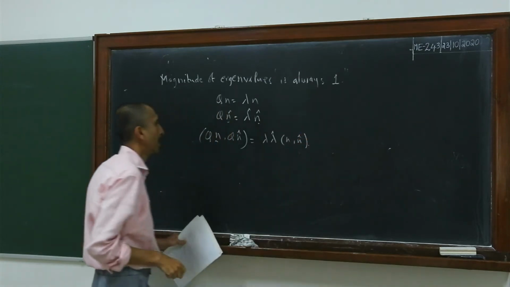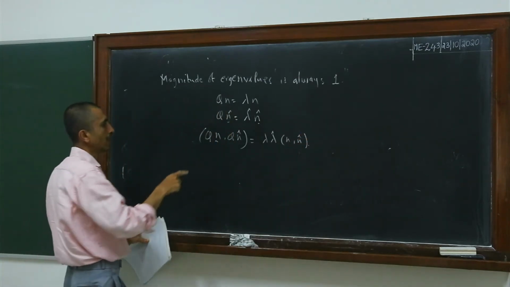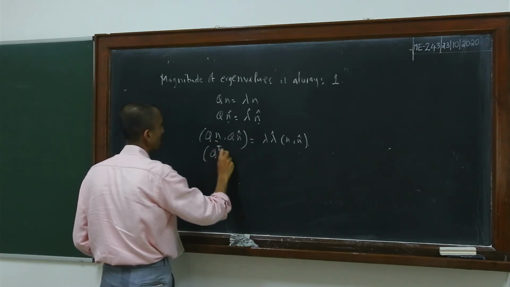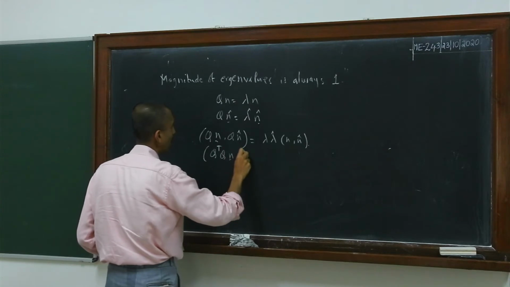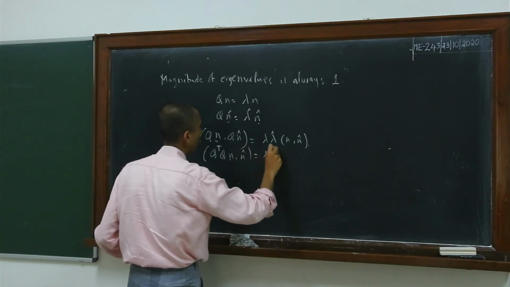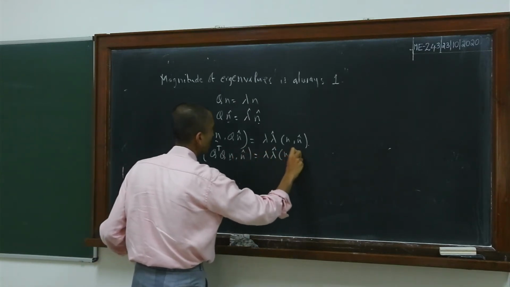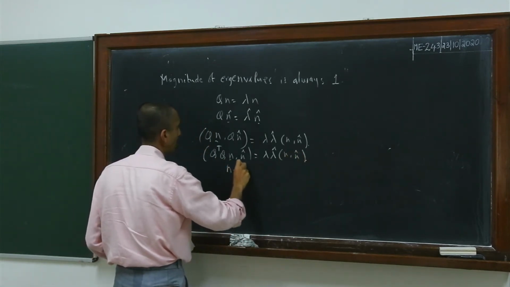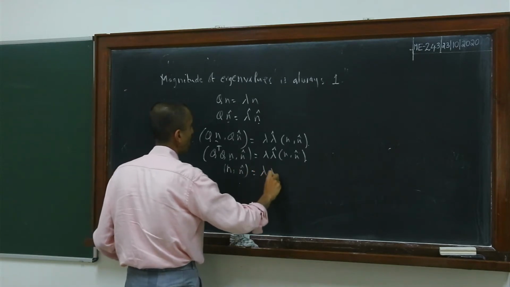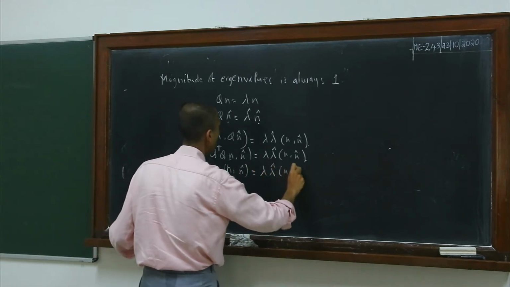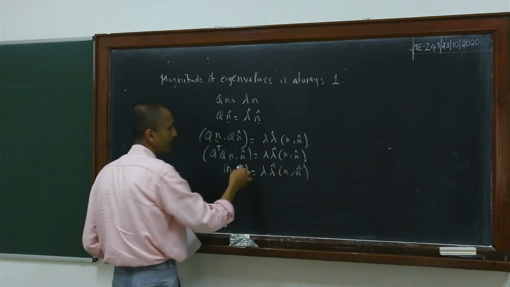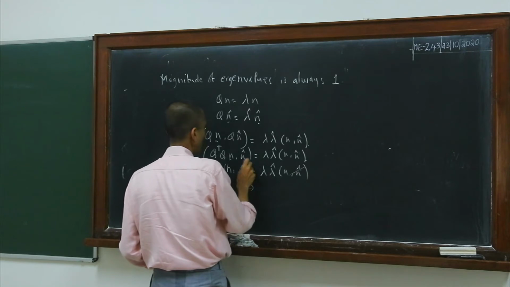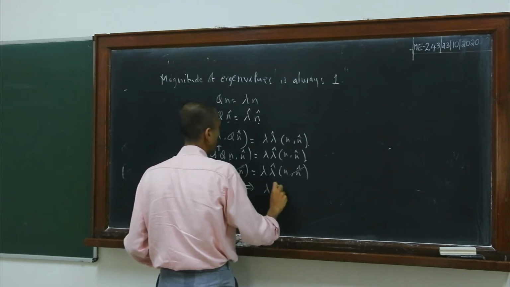So, and then you use the property of the transpose here, so you will get that Q transpose Qn comma n hat is equal to lambda lambda hat n comma n hat, and here Q transpose Q is identity, so you will get n comma n hat is equal to lambda lambda hat n comma n hat, and either you cancel or it is 1, whichever way you want to prefer it. So finally this will imply that lambda lambda hat is equal to 1.